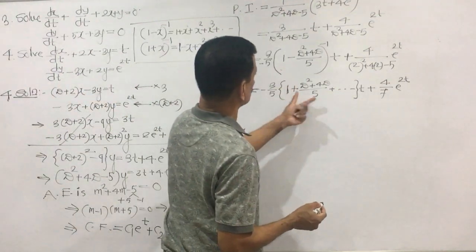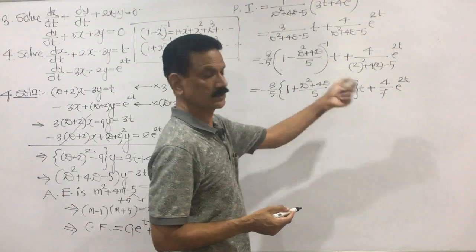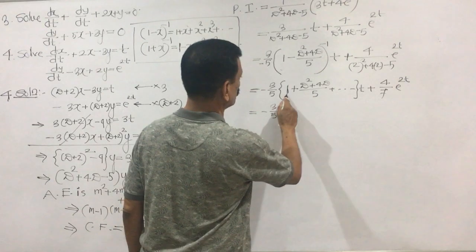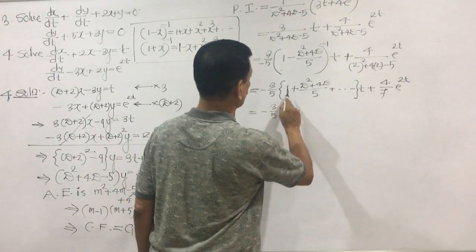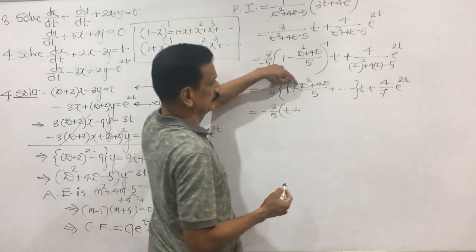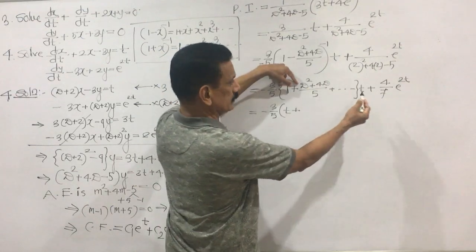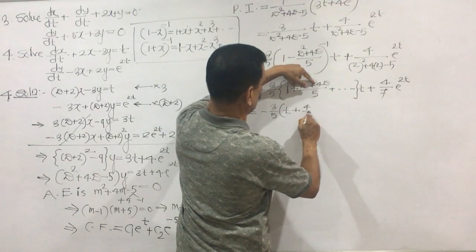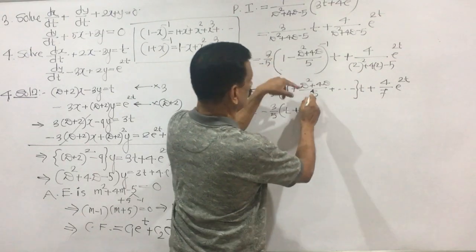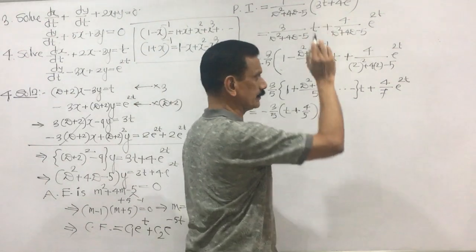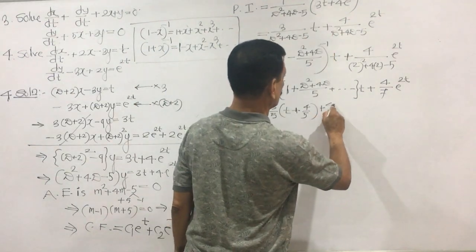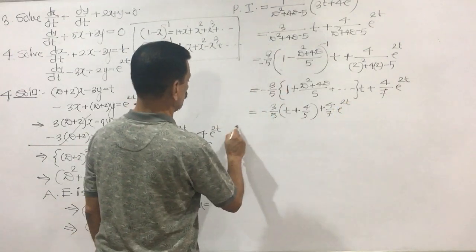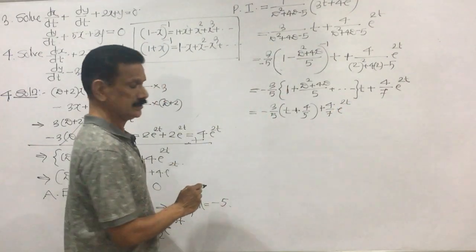So 1 plus x, next is x square, means square of this, so on we have, and this is minus 3 by 5. I write here t multiplied by t, and see here D square means we get 0, second derivative 0, and here 4, derivative of t is 1, means here you are getting 4 by 5, because first term here you are getting 0 and left higher terms are 0 here, plus 4 divided by 7 e raised to 2t. So this implies I write the solution.